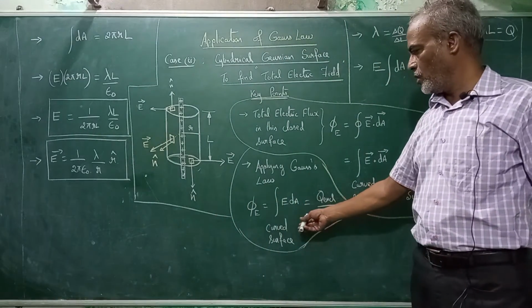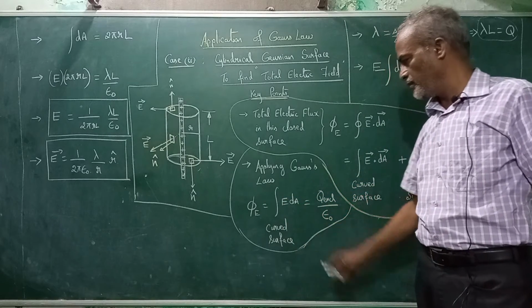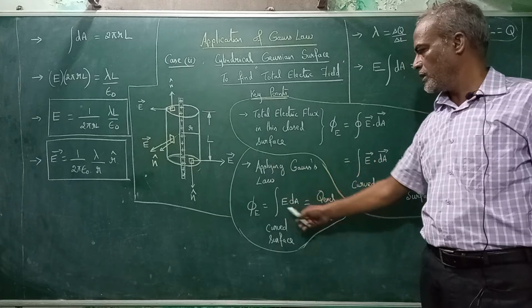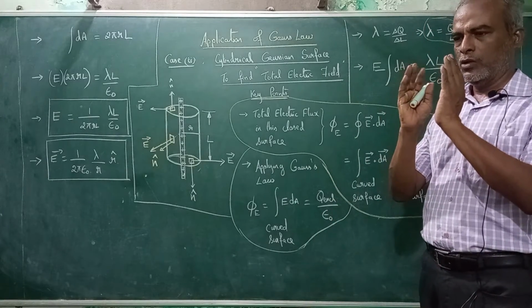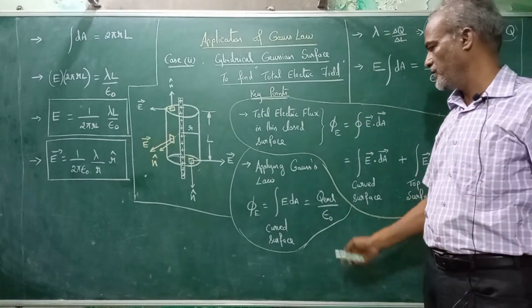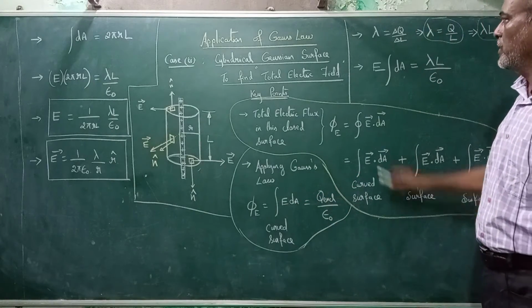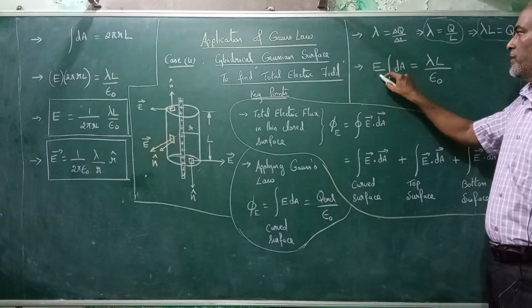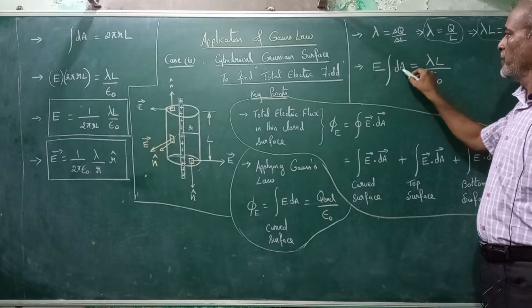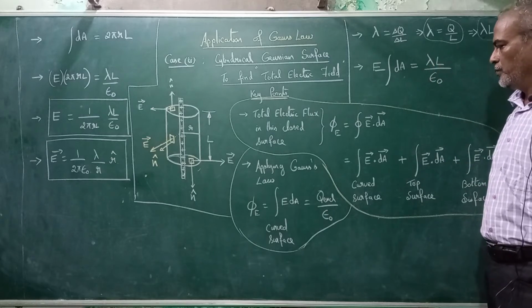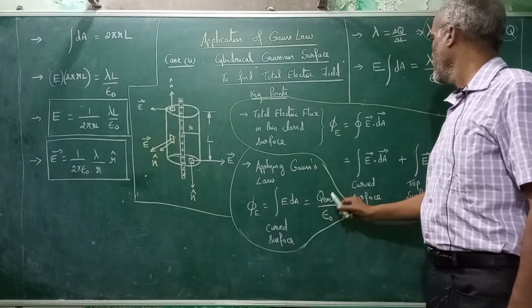From this, applying Gauss law, phi E is equal to integral E dA for the curved surface. But by Gauss law, what do we know? Q enclosed, the charge enclosed within that closed surface, which in this case is a cylindrical surface, divided by epsilon naught. Now for E, everything is constant. You are pulling the electric field out of that integral because it is uniform throughout the length of the wire, into integral dA, which is equal to this E constant, integral dA is equal to charge enclosed by epsilon naught.